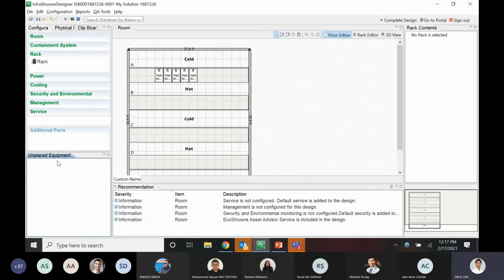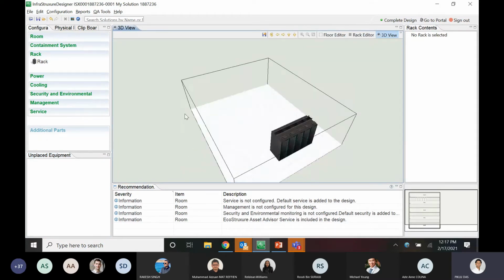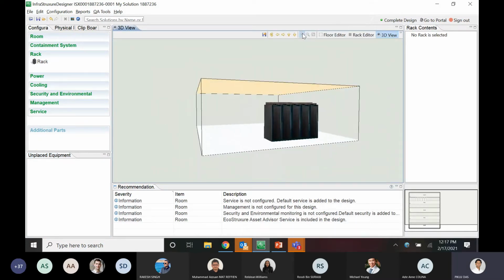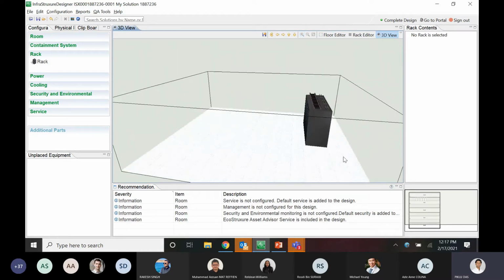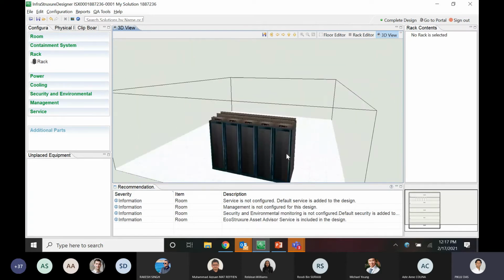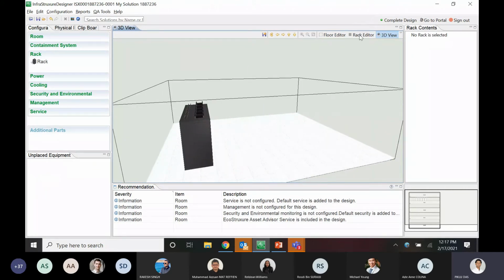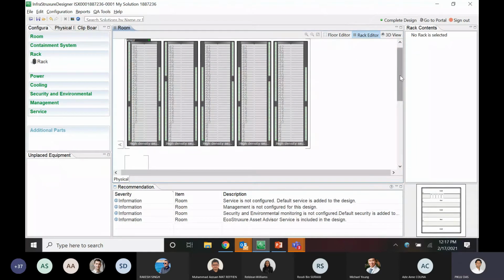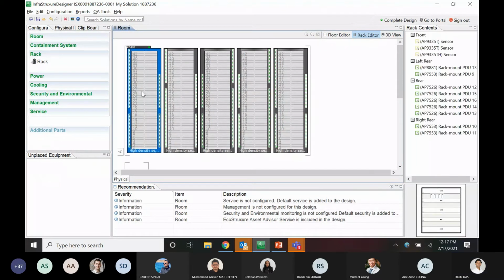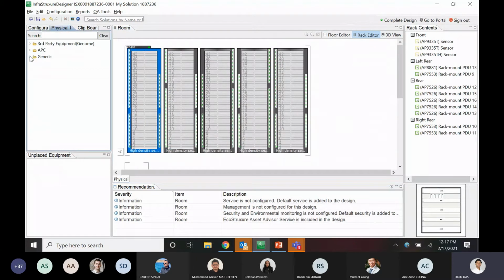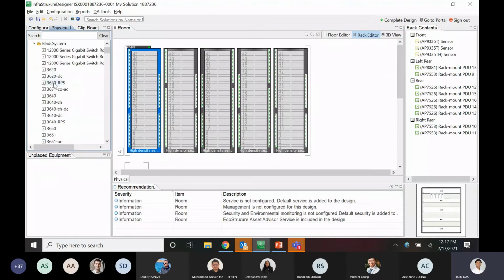Once I drag and drop all my rack equipment onto the floor view, you can also go to the 3D view to view all the racks. You can see the cable troughs got added here, because in the initial room properties page we said that there should be cable troughs and data troughs going along with each of the racks. So you can see the cable troughs and data troughs are already added. The rack editor provides you an allocation to set any genome products or any of the servers or anything that you would like to place, right? So let's say I just want to place some server over here. I'll just drag and drop.